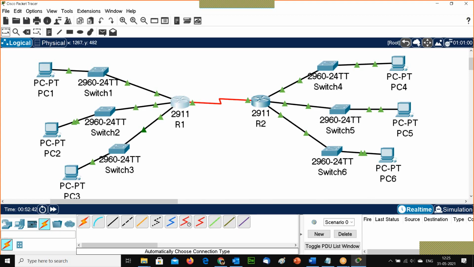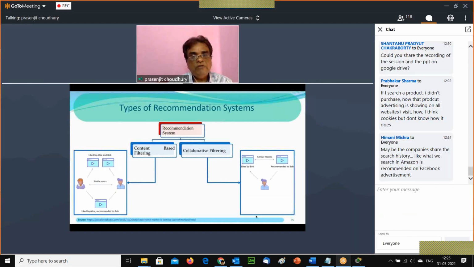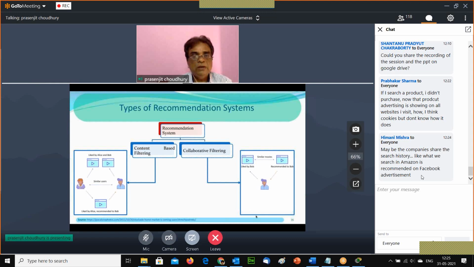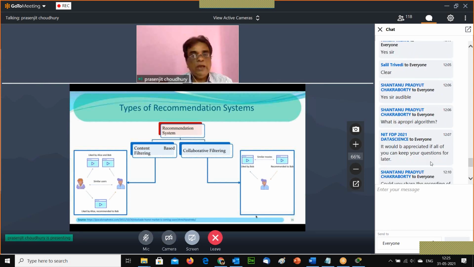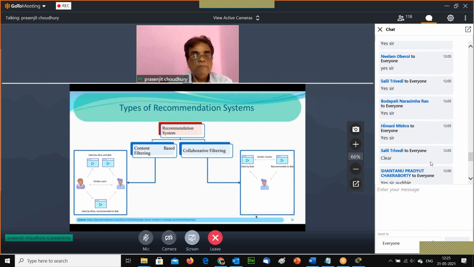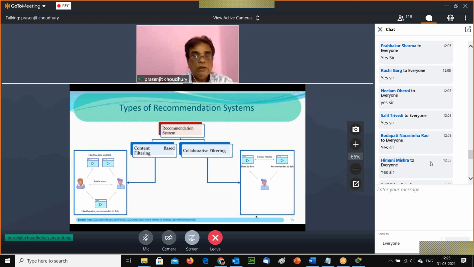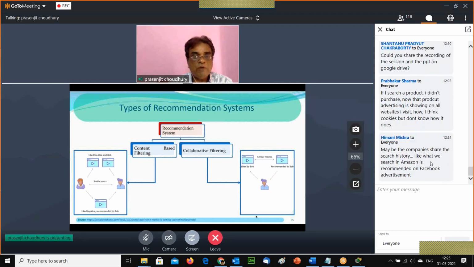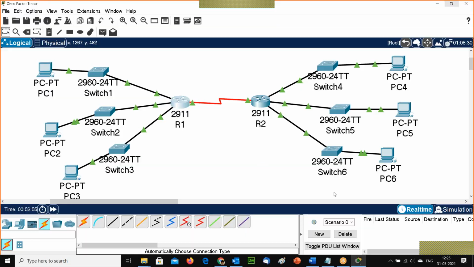So now I'm going to demonstrate EIGRP, and we have to first create an autonomous system number.